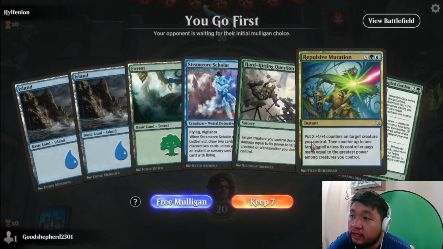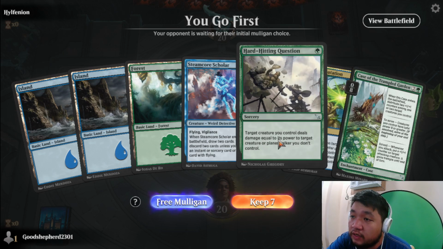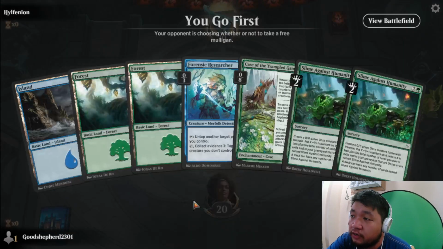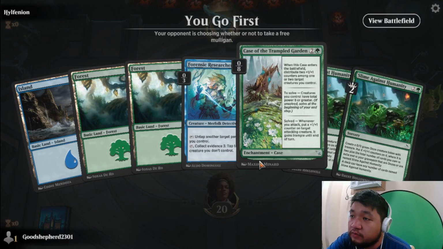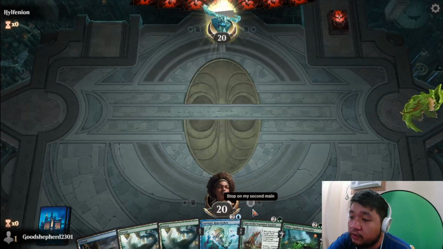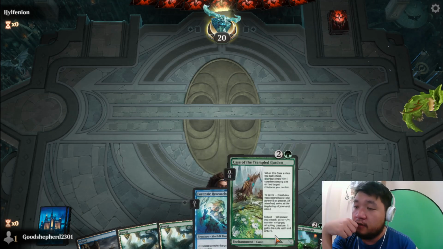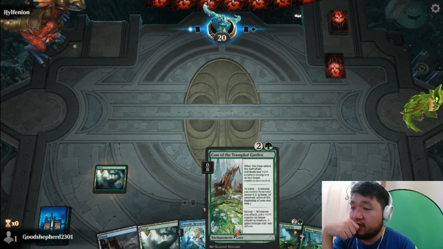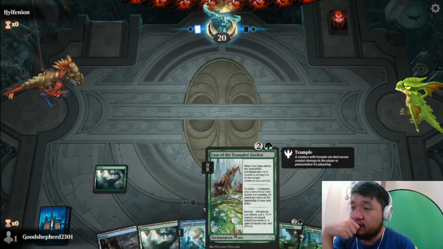So we didn't open with any slimes, but okay, Hard-Hitting Question doesn't do us anything. We actually want to take the free mulligan here. Okay, 2 Slime Against Humanities. This is a slower format, but I guess we'll take it here. So it allows us to cast Slime into Slime,